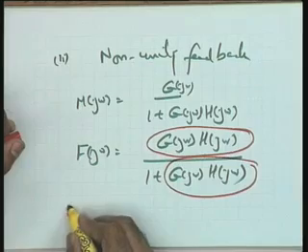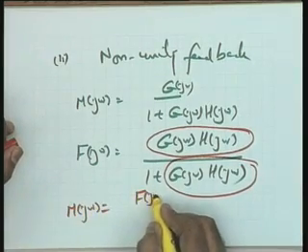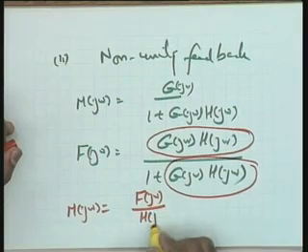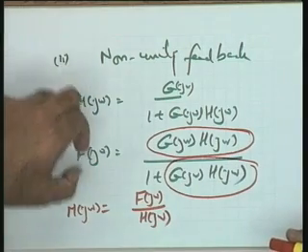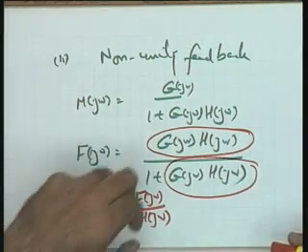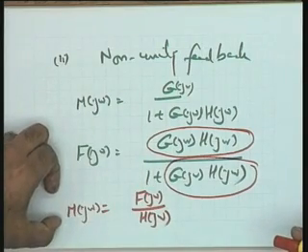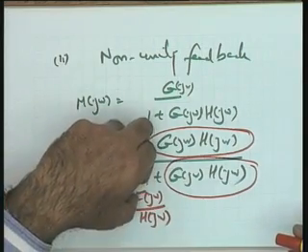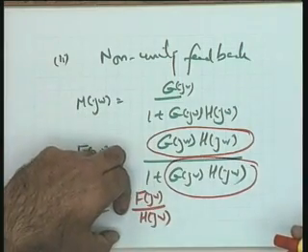But you are interested in M(jω), please see, M(jω) will come from F(jω) divided by H(jω). So it means first, using the Nyquist chart, you will have to get the function F(jω). H(jω) you already know. So the closed loop frequency response will then come from the information on F(jω) and H(jω), by manipulation of these.